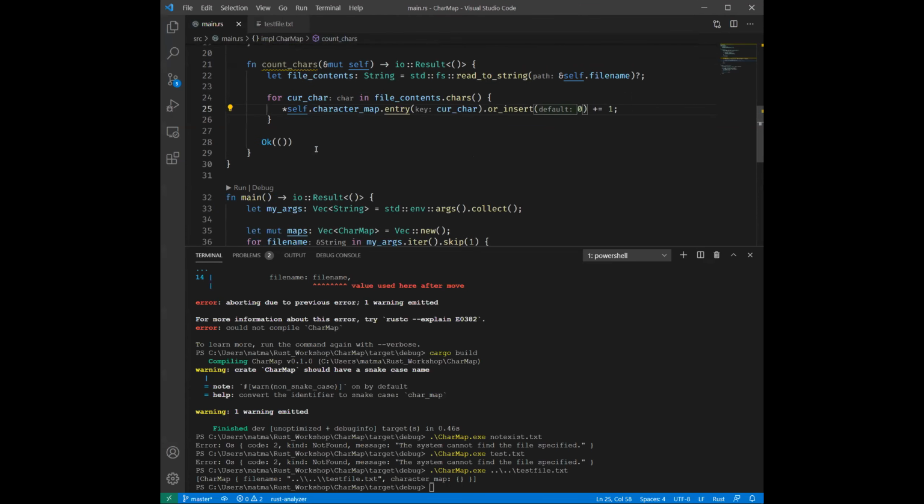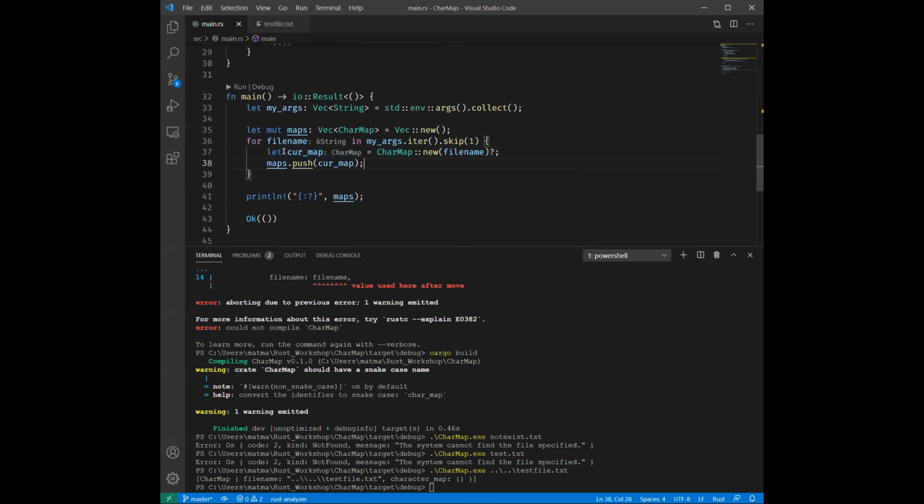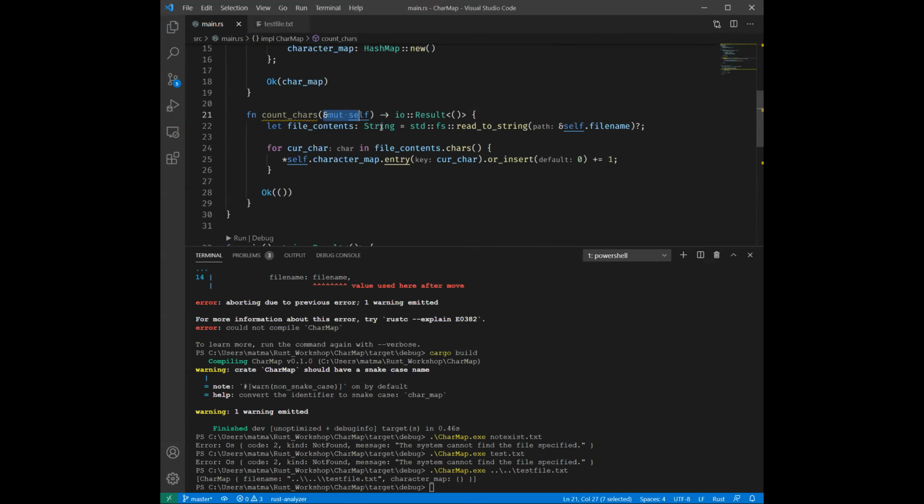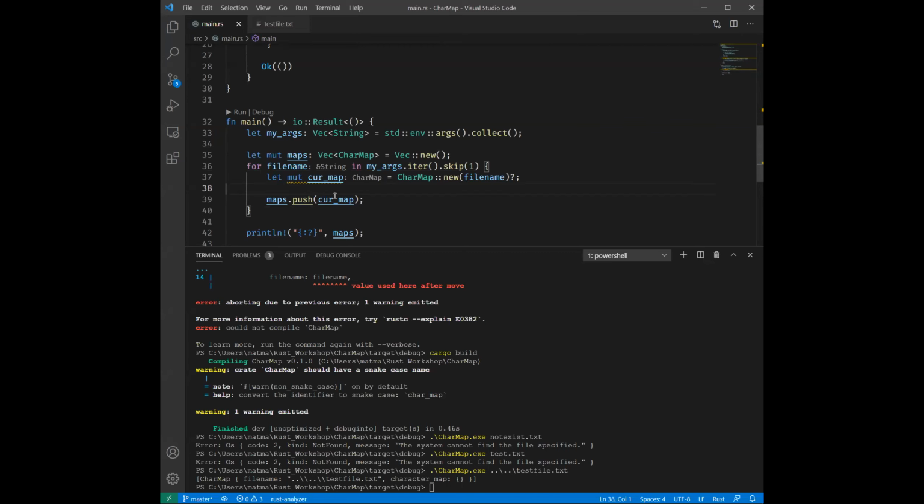So we want to call that on every char map we create, because remember, we're doing this for each file. If I have multiple files, in this case I'm only working with one, but I can pass in more, and I'll show you that. So now we push it on to the map, and actually, before we push it on, I'm going to make cur map mutable, because remember, this function takes it by &mut self. It takes a mutable reference. So since we're going to mutate it here, I'm going to say cur map dot count chars. And remember, it returns